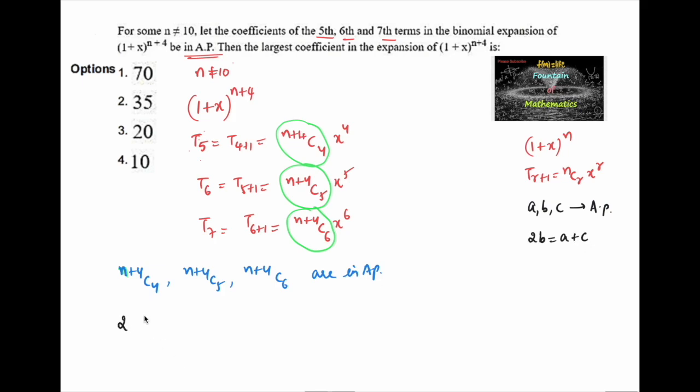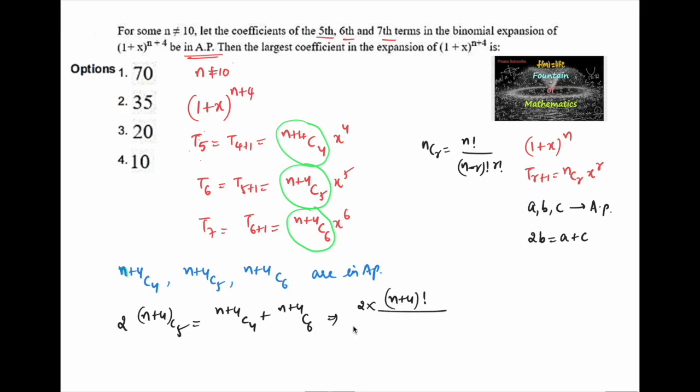So here we can write 2 times (n+4)C5 is equal to (n+4)C4 plus (n+4)C6. So let us simplify. We know that the nCr formula is n factorial divided by (n minus r) factorial into r factorial. So we can write (n+4) factorial divided by (n+4 minus 5), that is (n minus 1) factorial into 5 factorial,